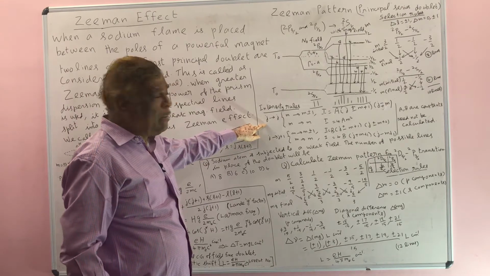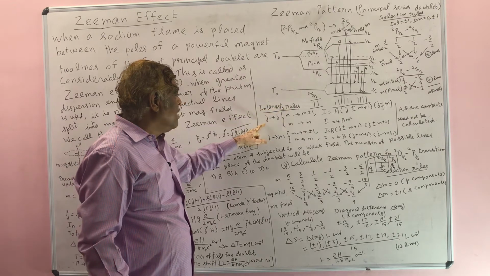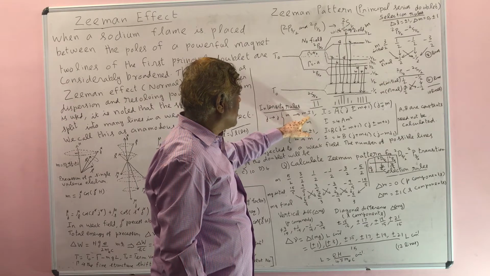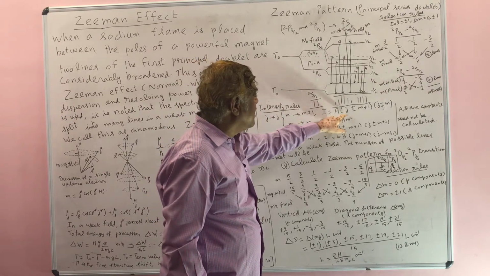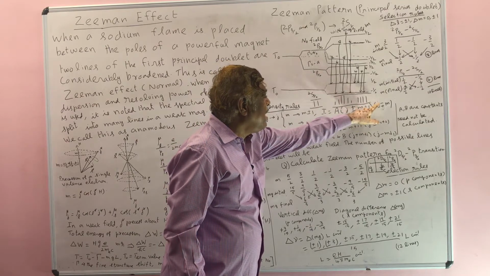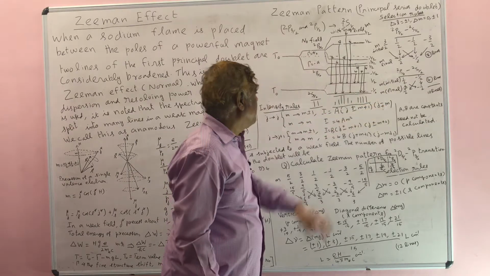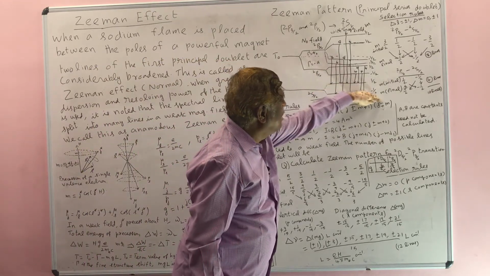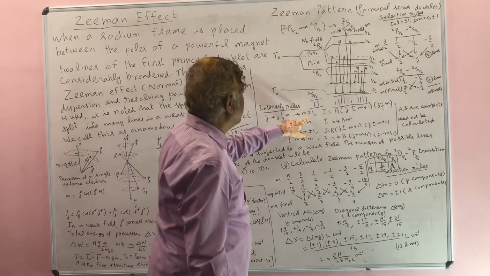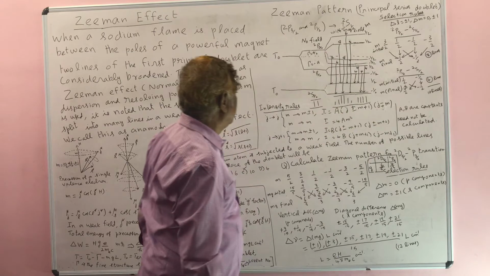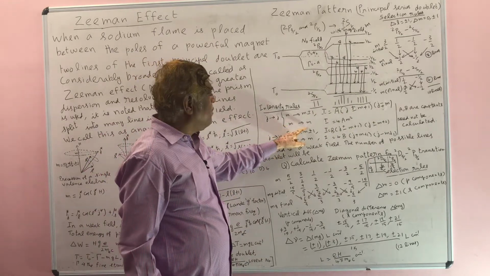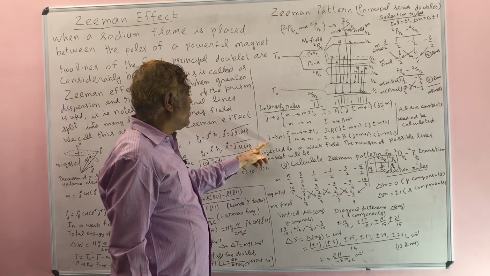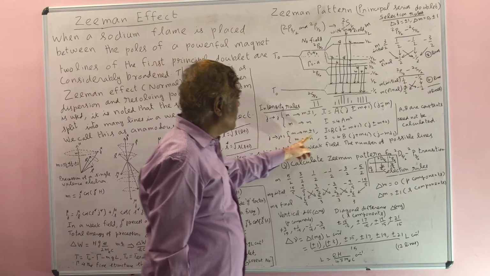The intensity of the lines can be found using a rule, the intensity rules. For a J to J transition, if M varies from M to M plus or minus 1, the intensity is equal to A into (J plus or minus M plus 1) into (J minus or plus M). So if you take M plus 1, you have to choose the upper sign, and if you take minus, you must take the lower sign. There is a transition from M to M, and this is the expression for the intensity. Similarly, for a transition from J to J plus 1, you have to use this expression.